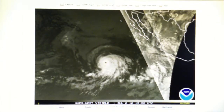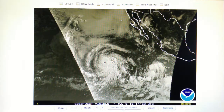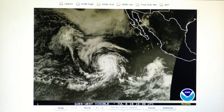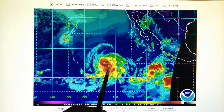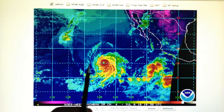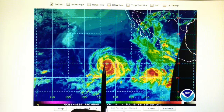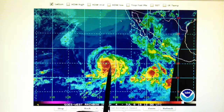Okay, today is July the 6th, 2016, and we're watching the East Pacific Visible Light Map. We can see that Hurricane Blas is now starting to move in a west-northwest direction. You can see the eye wall of the storm actually passing over this 15-degree grid mark right here. So it is changing direction slightly, and that's going to be a problem